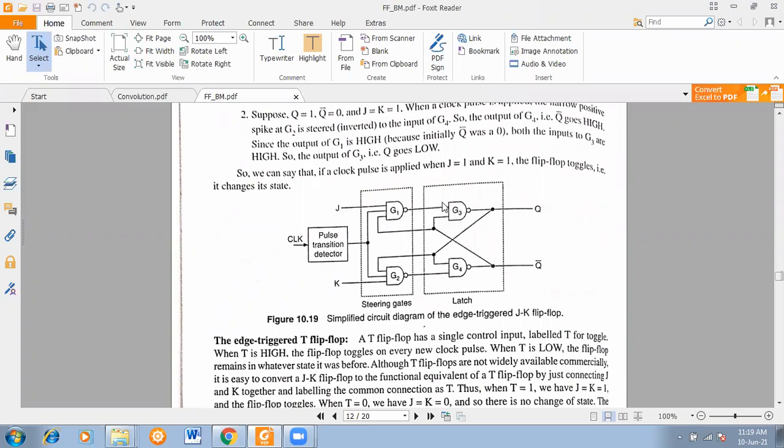G3 has two inputs, 1 1. Here 1, Q bar 1, and this is also 1. So the output becomes 0. So that 0 and that 1 0, so the output becomes 1. So it was 0 1 before. After applying the clock, this is also 0 1. So it is the no change condition. Correct. It remains 0 1. If you consider 1 0, then also it will be 1 0. So the no change condition is over.